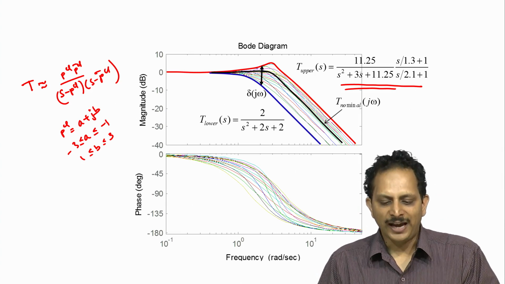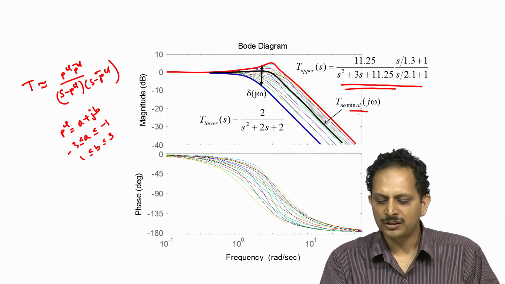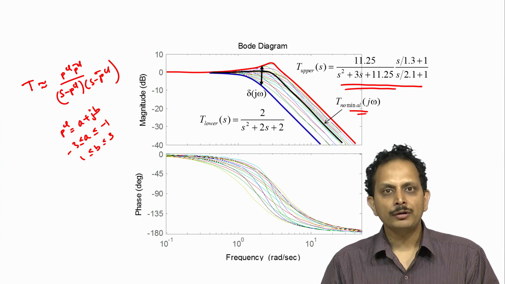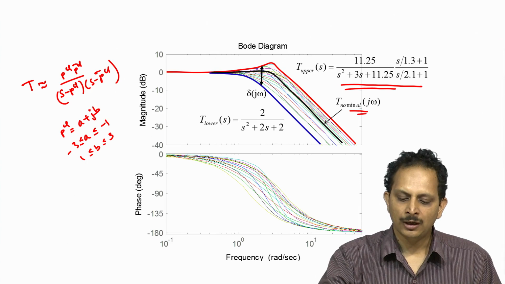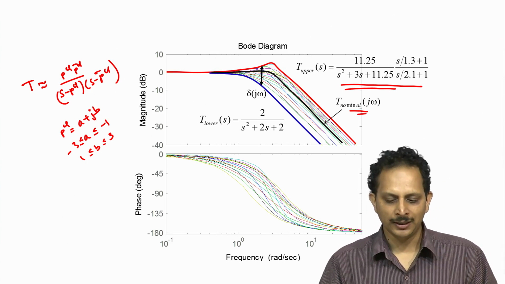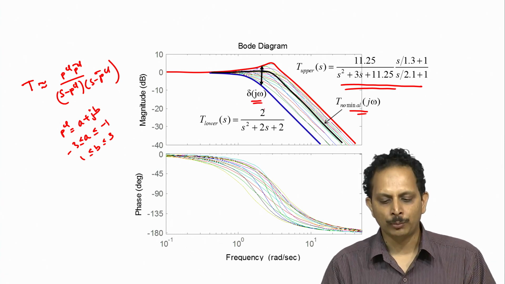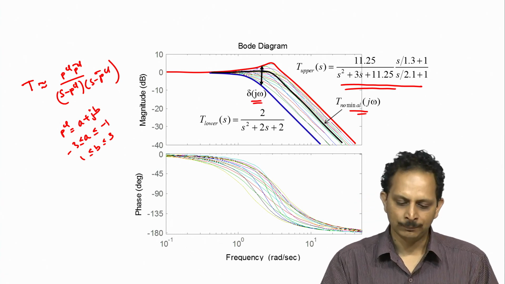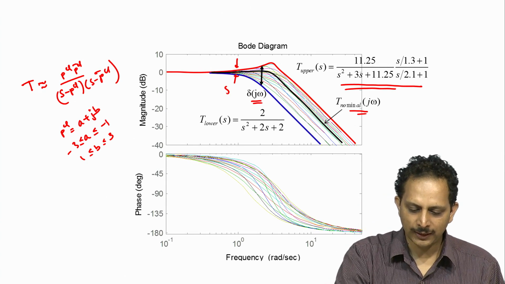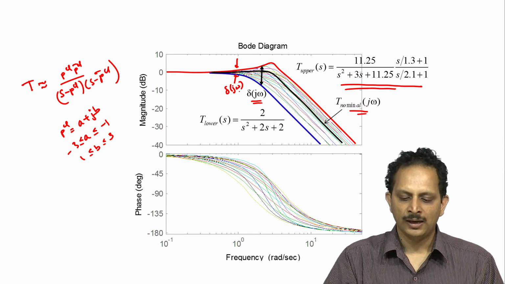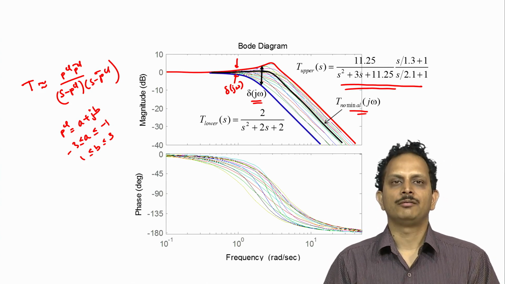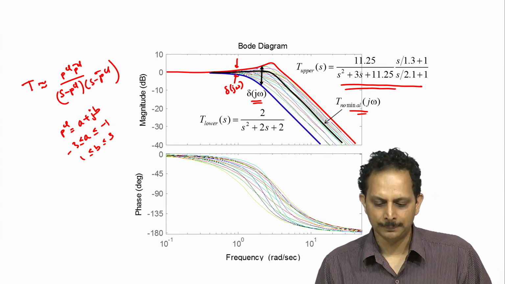So we have this nominal transmission function that we need to design firstly, and secondly we also need to restrict the variation of the transmission function from its nominal characteristic by the amount delta of j omega at each frequency omega. So at very low frequencies the permitted variation of delta of j omega is quite small, and as frequency increases we are willing to admit slightly larger variation in delta of j omega.